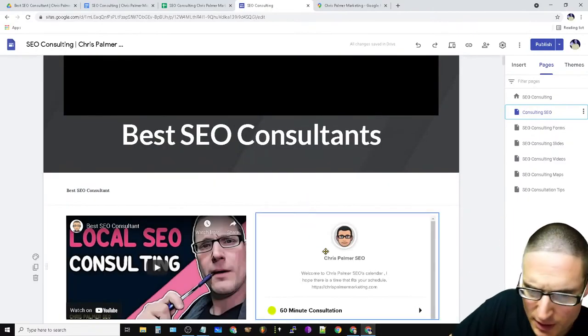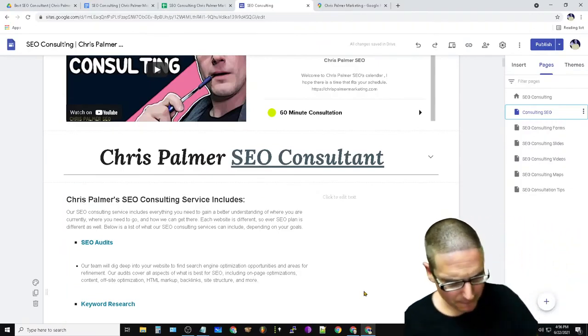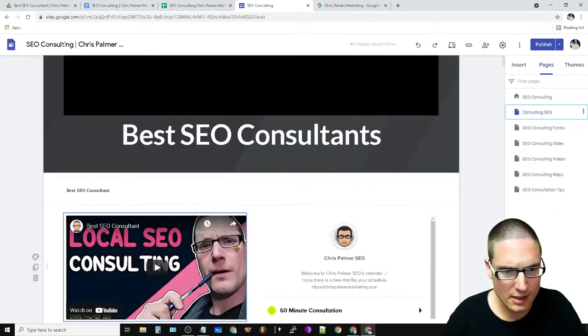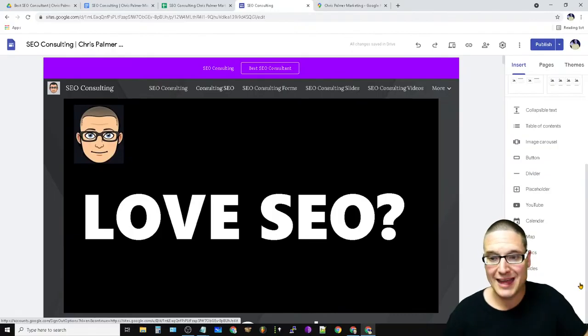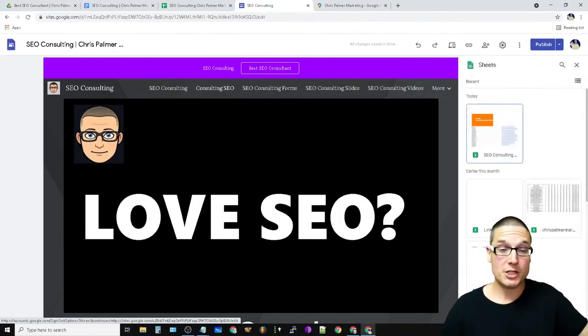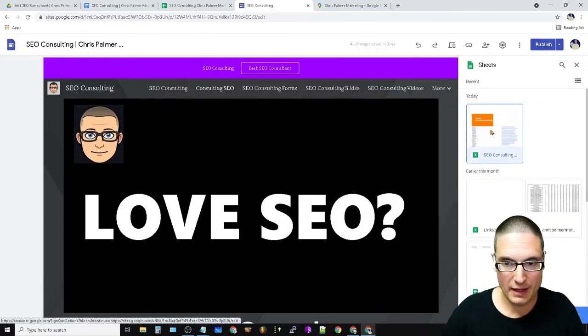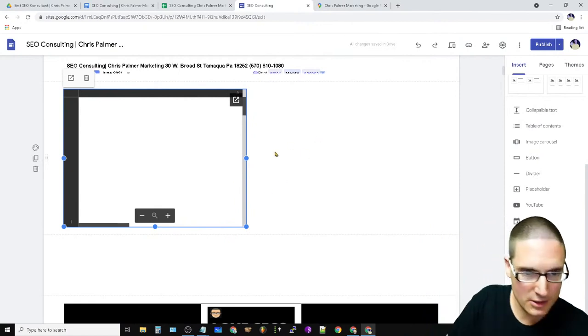Consulting SEO. We'll keep that up at the top. So now the only other thing that we want to do is we want to get inside of here, and we're going to go to insert. We want to go back down there to that sheet. Remember the main sheet that has the outbound links on it? We want to make sure that we put that back in here. All right, make sure you get that on the page.